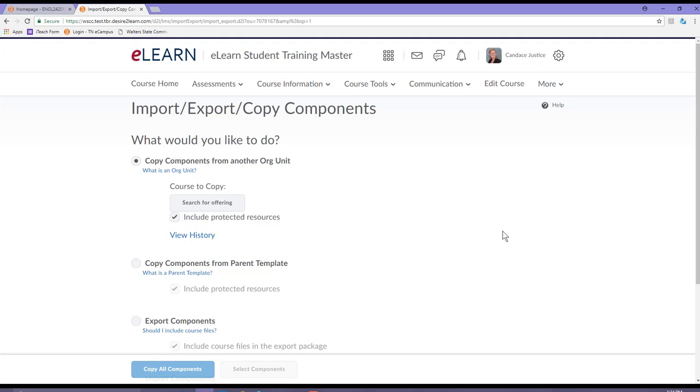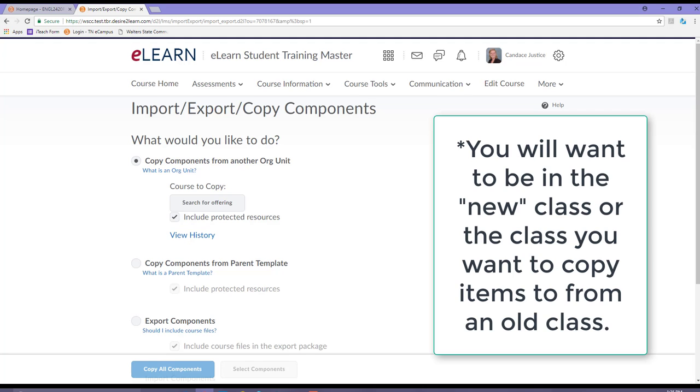The first option is Copy Components. This is if you have a section that you have offered in the past and you want to copy information from that section to the new section. You're going to go to the new section. You want to be in the blank class, the class that you're copying information to, and you want to choose